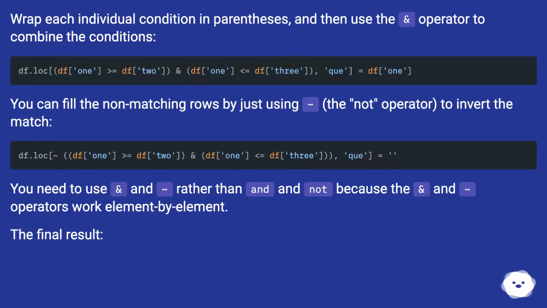Wrap each individual condition in parentheses, and then use the & operator to combine the conditions. You can fill the non-matching rows by just using tilde, the not operator, to invert the match. You need to use & and tilde rather than and and not because the & and tilde operators work element by element. The final result: